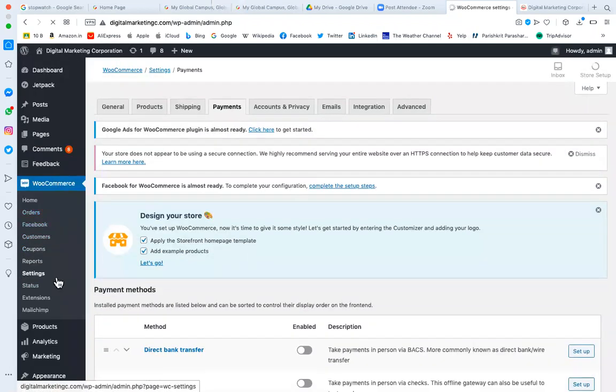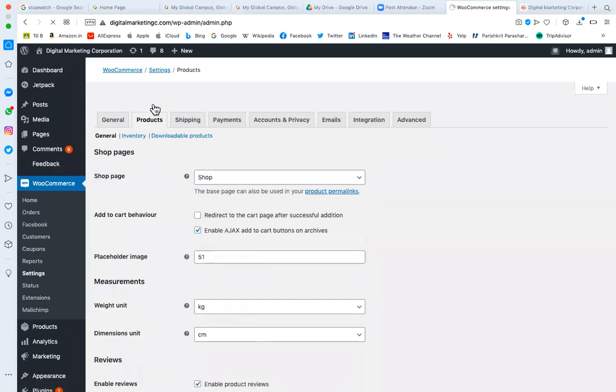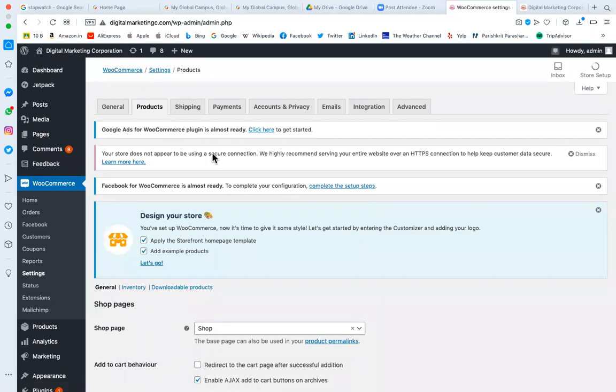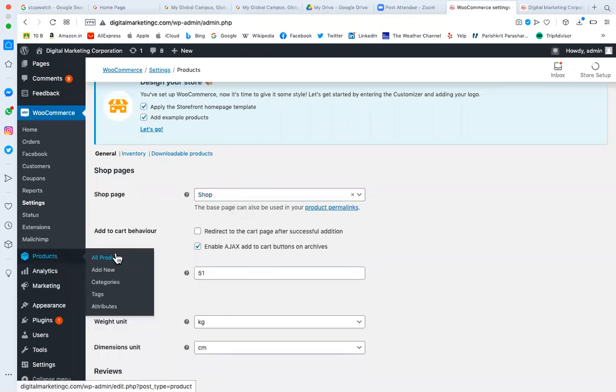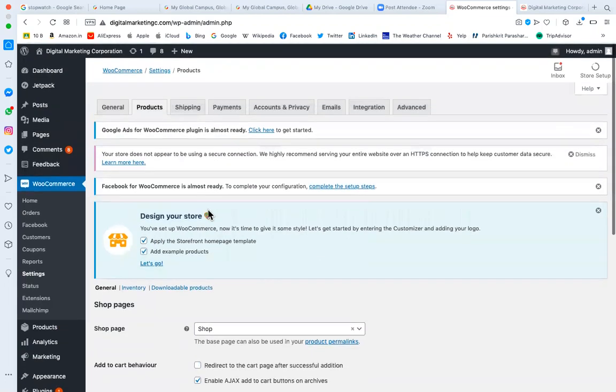Product listing is also here, is it? Yes, here is the product setting. Product setting means the basic setting of the product, like the shop page, what the look and feel of the main shop page is. But actually the product will be managed from here: all products, new product, product category, product tag, product attributes. Whatever setting you do here automatically becomes the default for that store. But for actually adding the data, you have to come here and add the products one by one. How it will be presented depends on the product setting you are doing here.